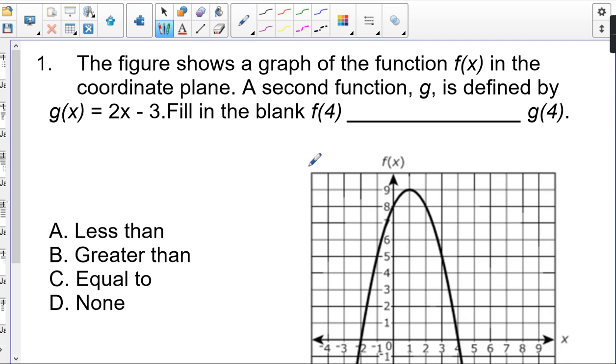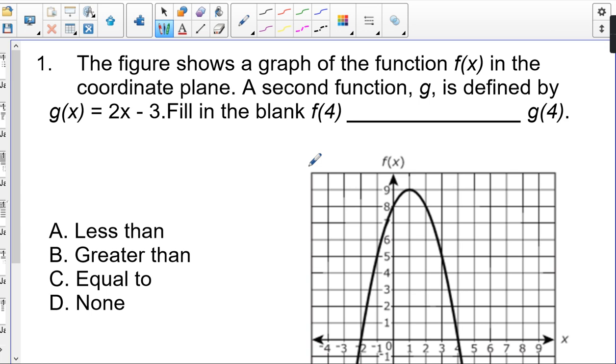Question for your midterm review. The figure shows a graph of the function f of x in the coordinate plane. A second function, g, is defined by g of x equals 2x minus 3. Fill in the blank. So we have f of 4 and g of 4, and we need to fill in